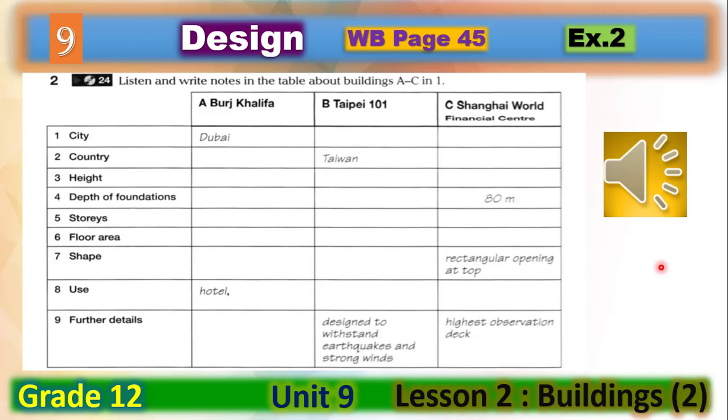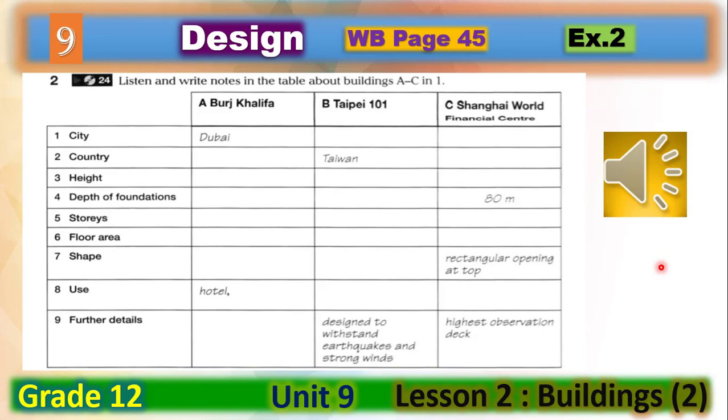Picture C. On your right is the Shanghai World Financial Center. Although it isn't the highest building in the world, it's the highest in Shanghai and the highest in China. 494 meters high, and the foundations go down 79 meters underground. The original design was for a tower of 94 stories, but the plans were changed, and this has 101 stories with a floor area of